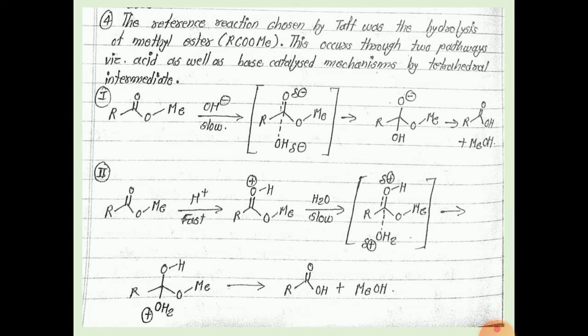Then in the next step, the OCH3 group is lost and the acid group is formed, and methanol is lost. In the second step, the ester group takes an H plus, which is a fast step, so the step is a protonation. Then again there is the attack of H2O on the carbonyl group, and